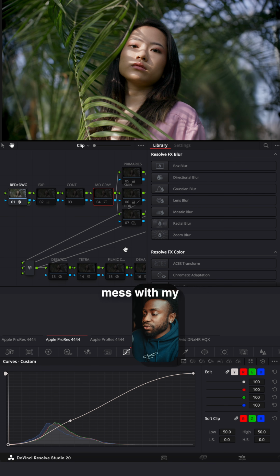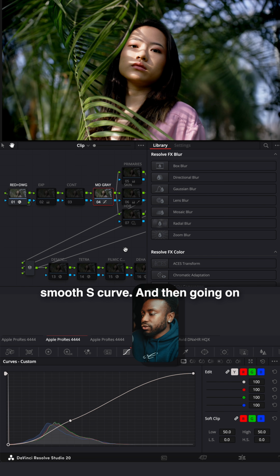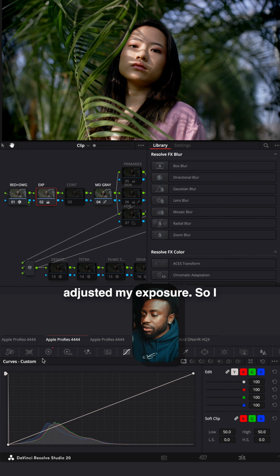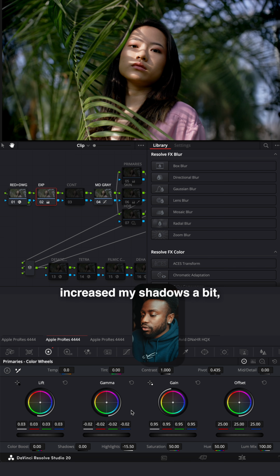The first thing I like to do is mess with my exposure and contrast. I made sure that I had a middle gray point, and then I adjusted my highlights and shadows as needed to create a nice little smooth S curve. Going on with that, I adjusted my exposure. I increased my shadows a bit, dropped down my gamma, and then dropped down my gain as well,